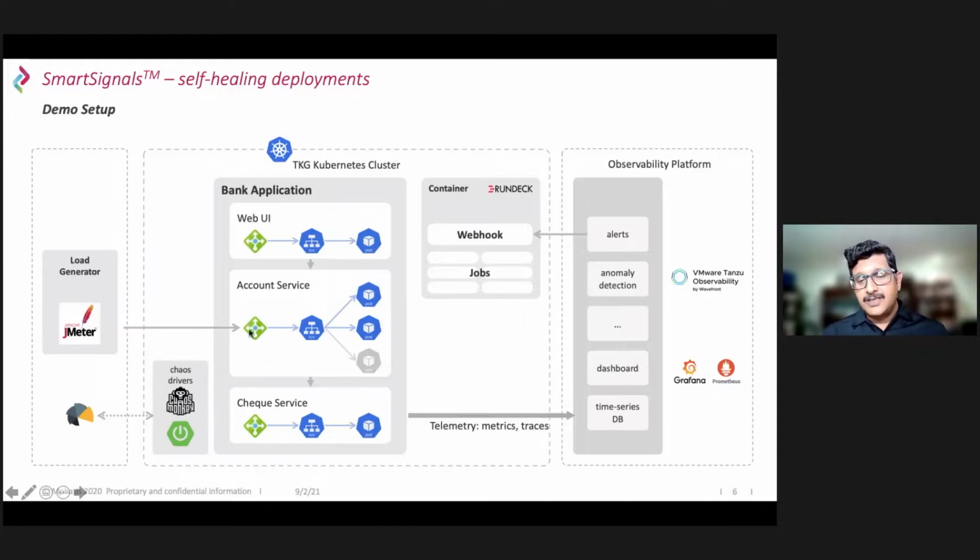For the whole testing, we started with JMeter, putting load onto the web application. As part of it, we also introduced some chaos so that we see delays in dependent services, we see unexpected load coming in, and we see certain CPUs being highly utilized. We take these signals through those metrics which Nitin talked about, and use those signals to do remediations.